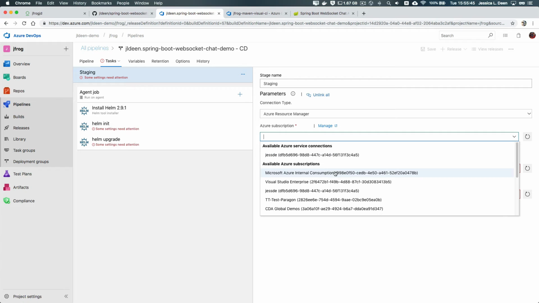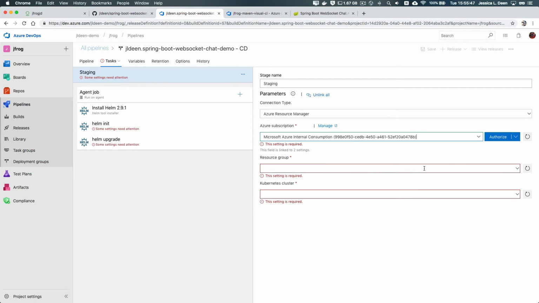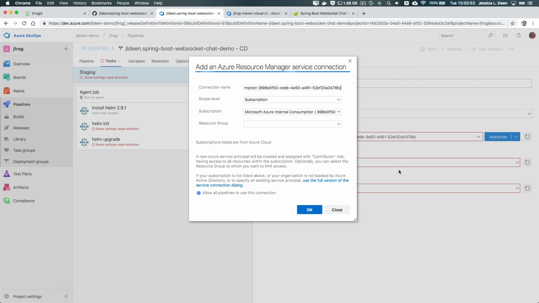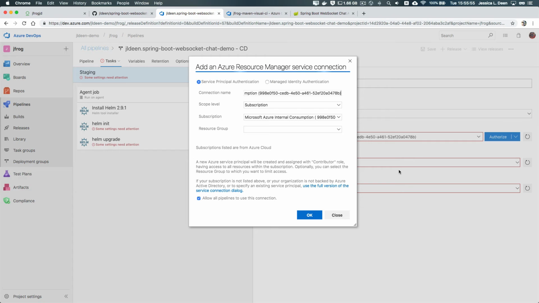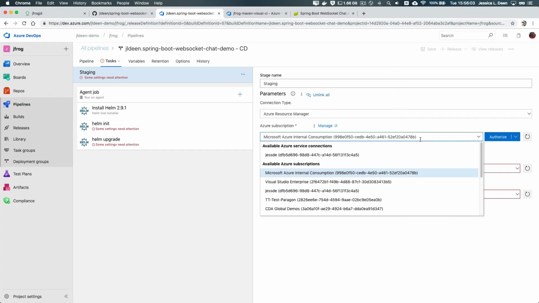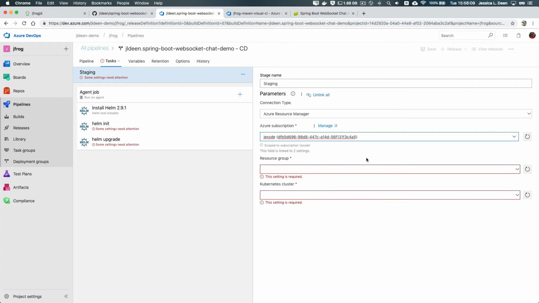But in the event that I hadn't, let's say that I wanted to add this one, all I would have to do is hit authorize, or I could hit the drop-down arrow, go to advanced options, and from here, I can actually create a service principal authentication and scope it down to a resource group. So I can give it as much or as little control as I want it to have. I have already enabled a service connection to my default subscription, so I'm going to leave that authentication, and now